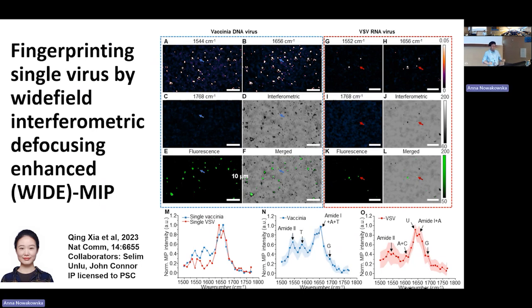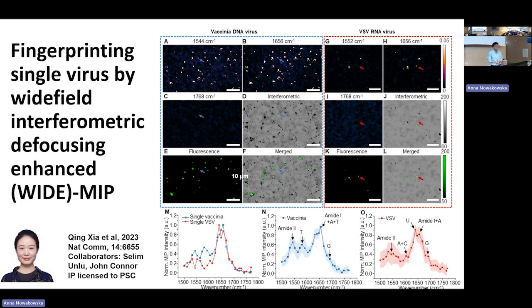There's a difference here. iSCAT is based on the measurement of the phase, like cosine theta, and photothermal is the modulation. You can count that as the first derivative of the scattering, so cosine theta becomes sine theta. Then the phase difference can be reached by defocusing. So by this method, we can reach